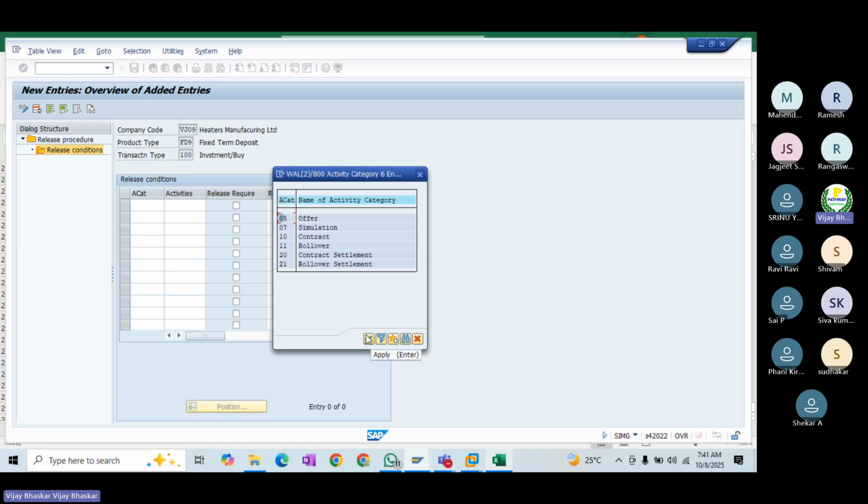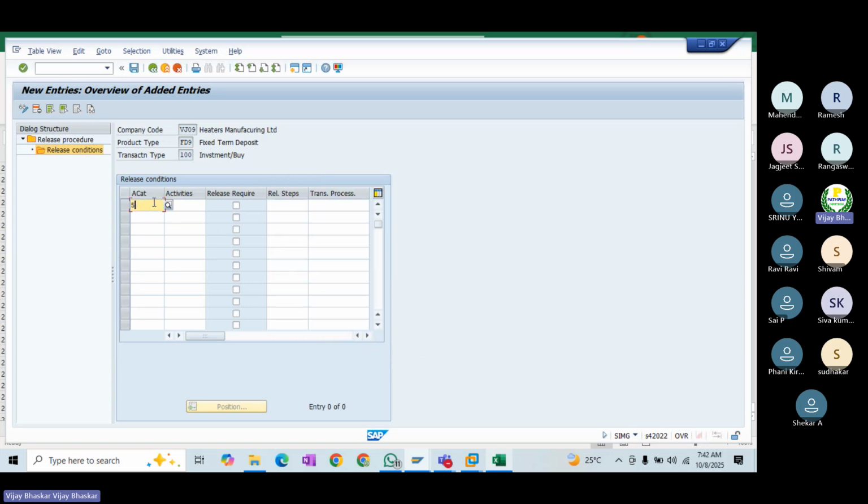First, let me select that activity category. Then 10. Activity category I have selected 10, 11, 12, 10, 20, 21.